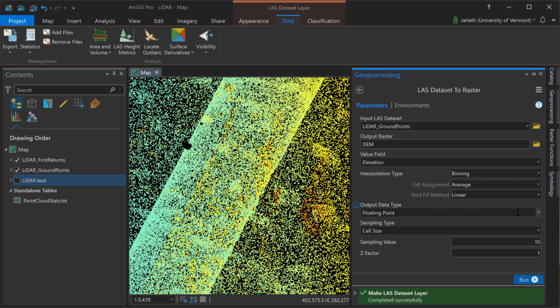I'm storing my output raster in a geodatabase, but it'd be very appropriate to store it in a folder just by adding the .tif or .img extension. You'll notice that I have options to select the interpolation type. You'll probably want to play around with these, but I've had good success using triangulation and natural neighbor with no thinning. When I get down to the sampling type, I'm using the cell size,